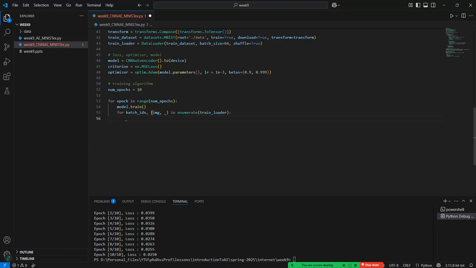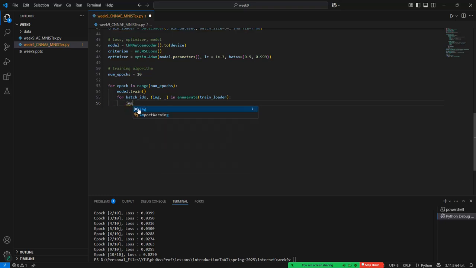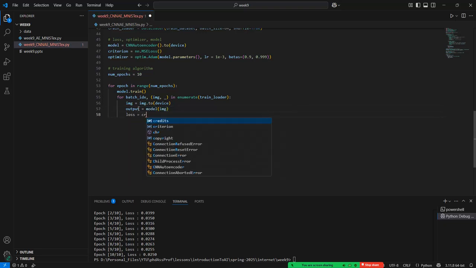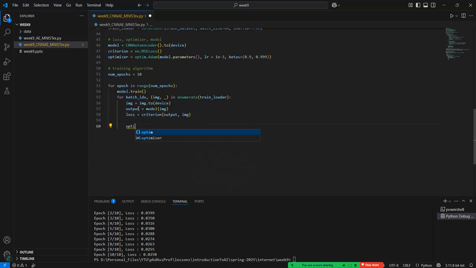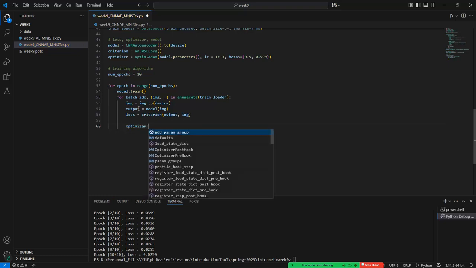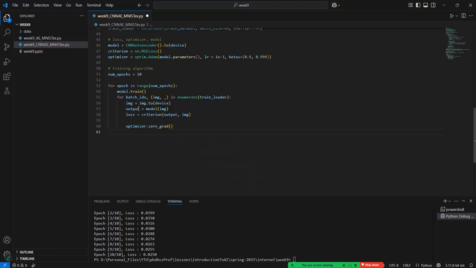This is the split factor of these terms, and after that the image equals image.to(device). The output of this model is the image, and the loss can be calculated with the criterion, okay, with what? Output and image. After that the optimizer gradients must be reset, zero_grad. loss.backward, the error is calculated, and